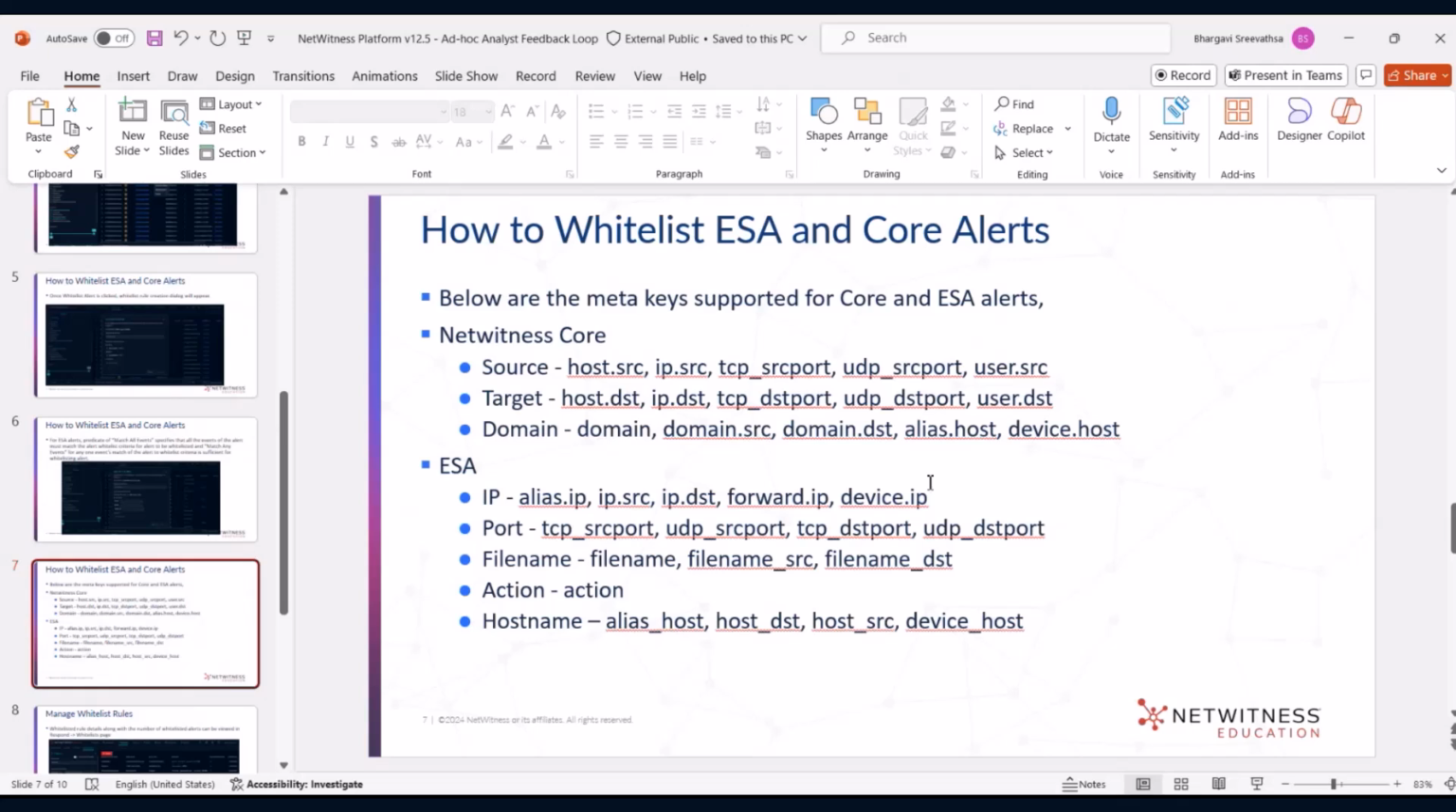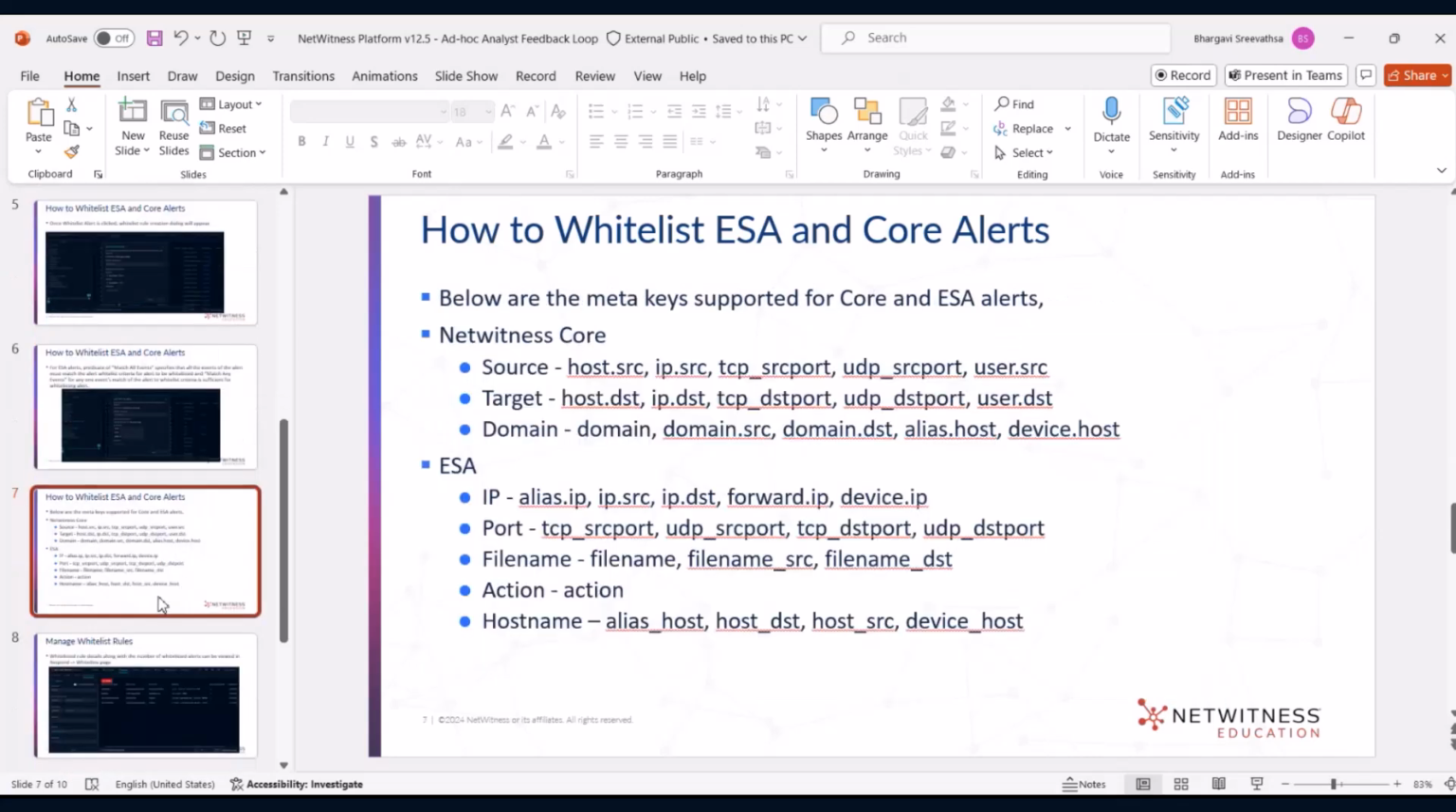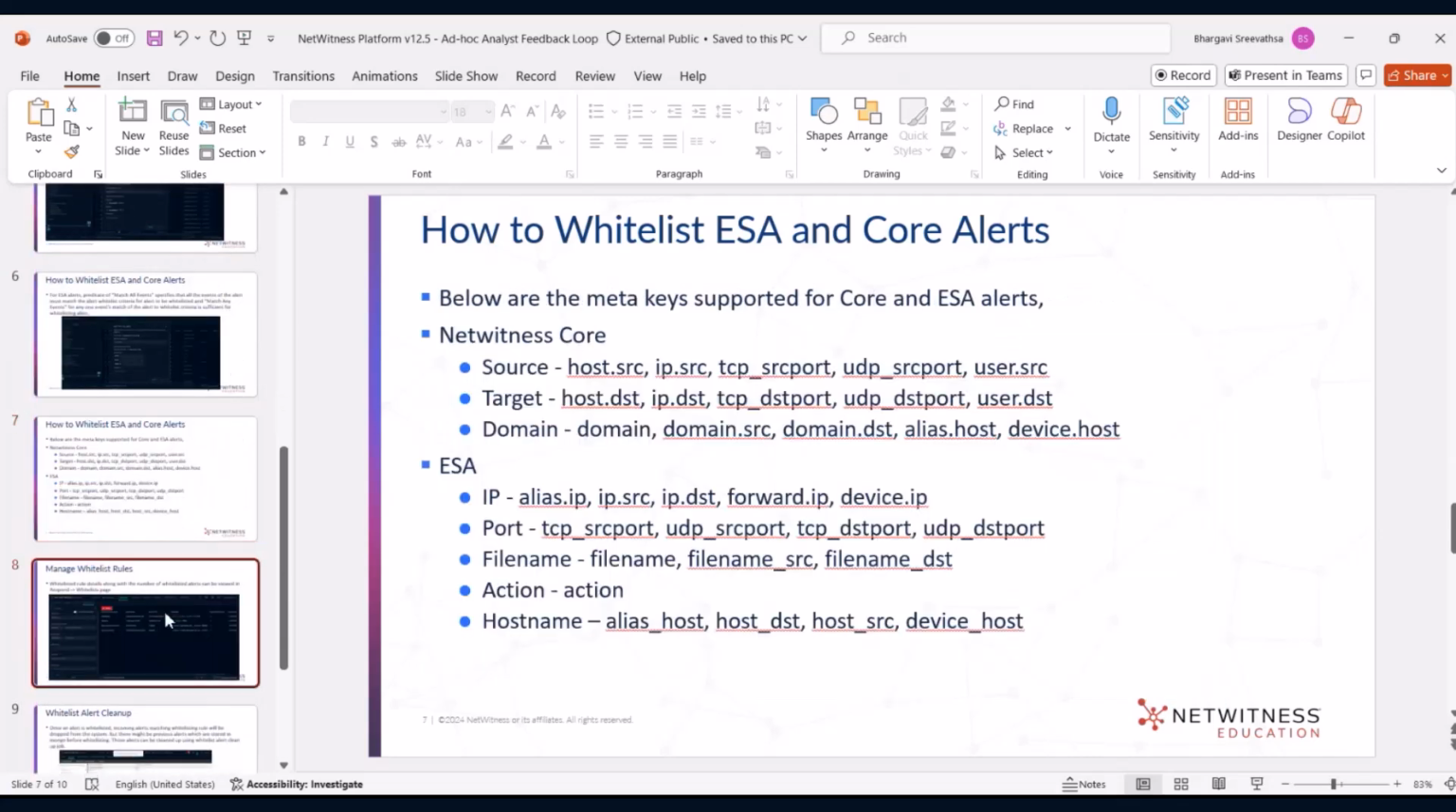So when any of these meta keys are part of the alert, then those meta keys are shown in the window. Any one meta key needs to be part of the whitelisting rule criteria along with the alert name, or all the meta keys which are part of the alert can also be the whitelist rule criteria. So once